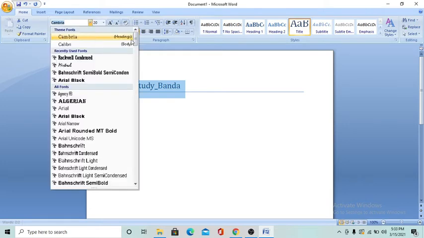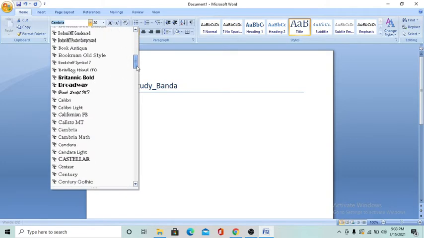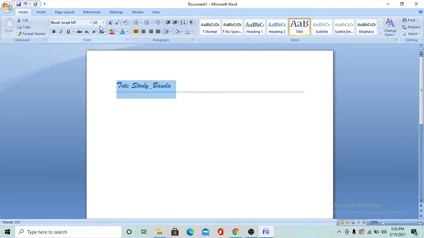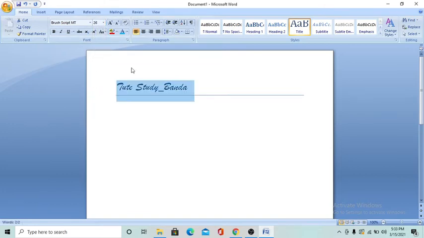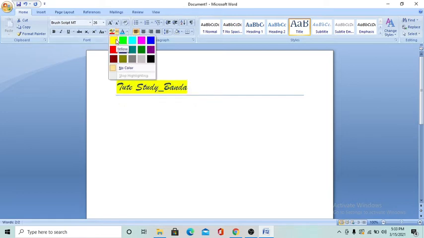You can change the text writing and make it bold. I will change the text writing. This is a text design change. I will change the text designs. Then I will select the text, enlarge it and change the design. Then I will change the text background color.